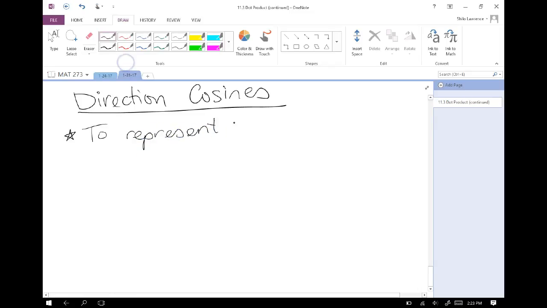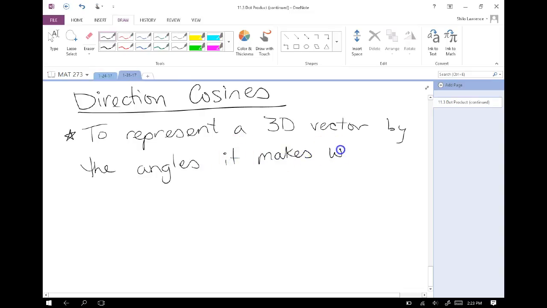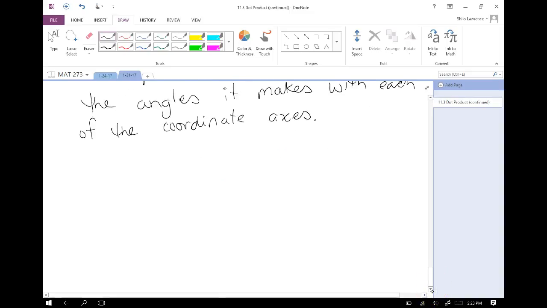So this is helpful to represent a three-dimensional vector by the angles it makes with each of our coordinate axes. Now I'm going to show you why this formula works for one of them, but then I'm not going to do it for the other two because it's going to look exactly the same. But if we had some vector in three-dimensional space,